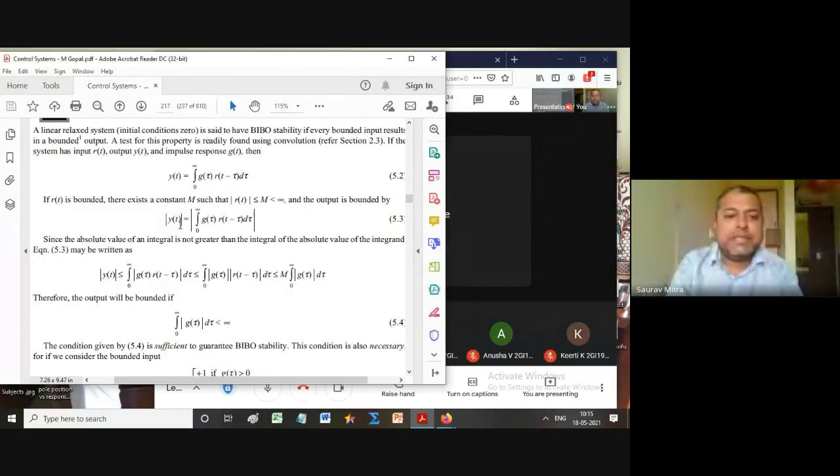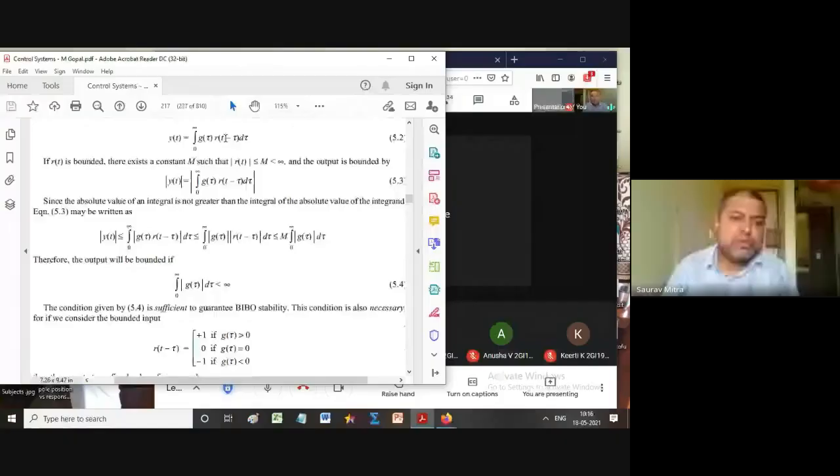Actually it should be bounded. So below, it is written that the integral of |g(t)| dt should be less than infinity. What we are finding is that the system transfer function is bounded. Here we are finding that output is equal to the transfer function multiplied by the input. Generally, BIBO means bounded input, so we are giving the input to be bounded. That means the input has finite energy. In that case, you find that the transfer function is also bounded.